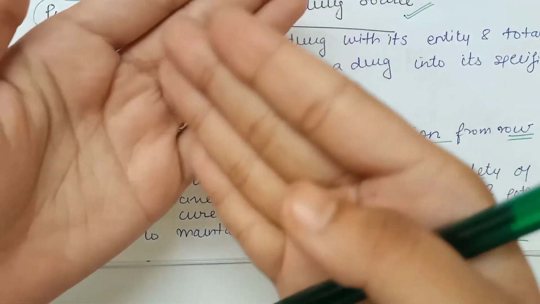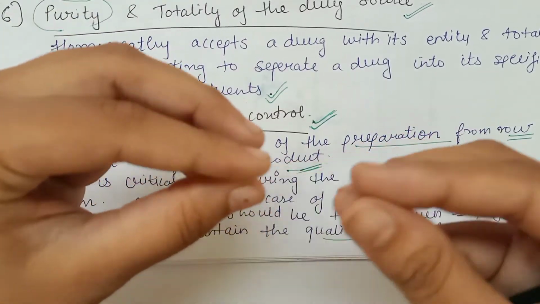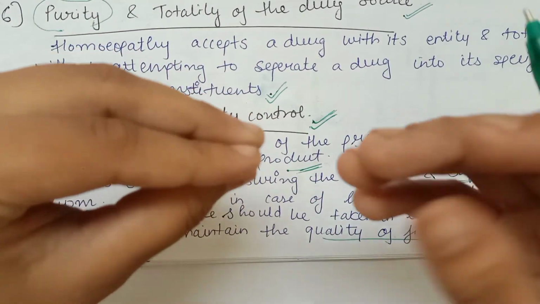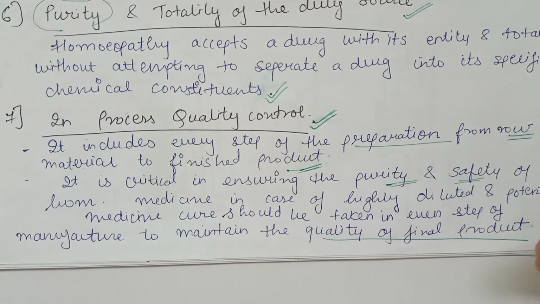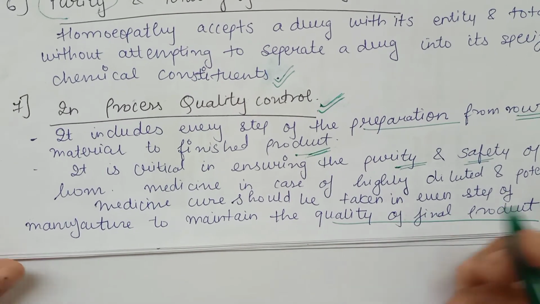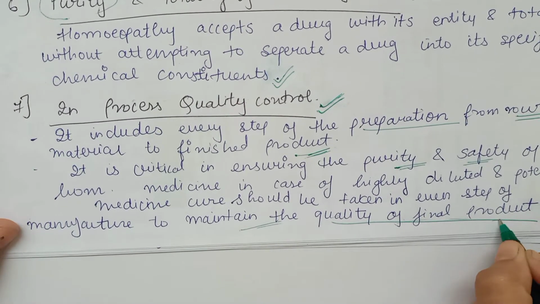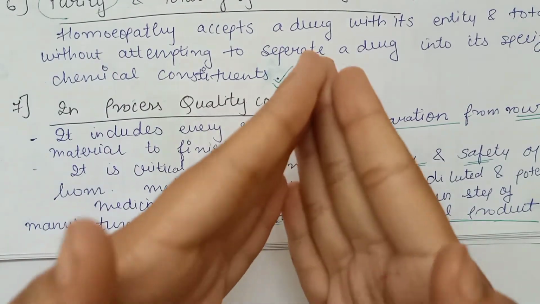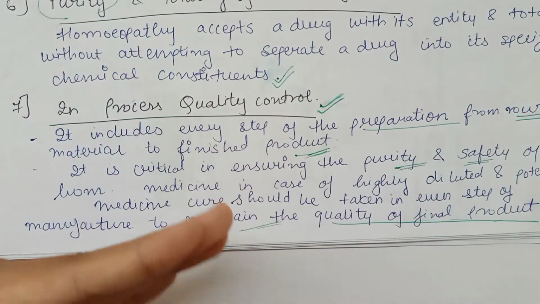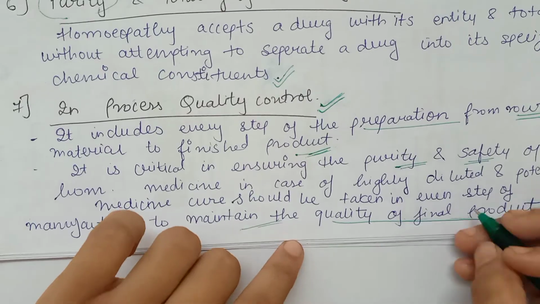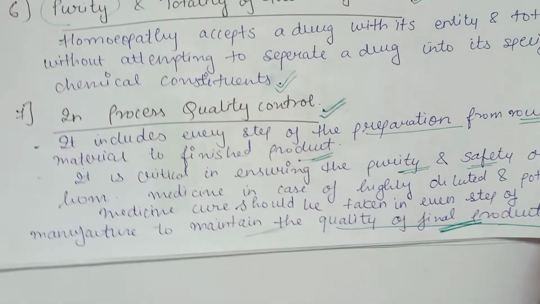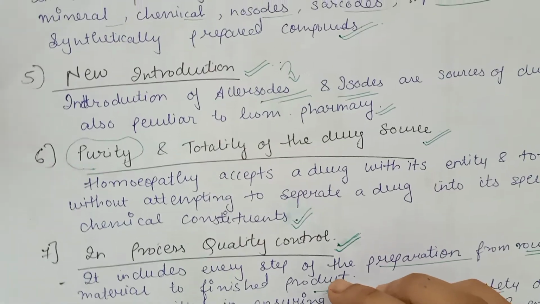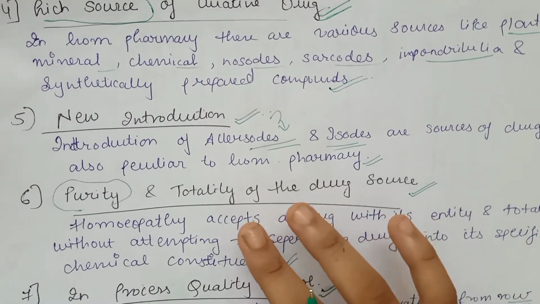जो हम dilute कर करके एकदम छोटे form में आ जाता है, जो सबसे most diluted रहता है, it has more power to cure. So in every drug we see the safety and purity of the drug, so that we maintain the quality of the final product. In each step we see the control, we see the quality, so that the final product is well manufactured. Okay, so these were the 7 points of homeopathic pharmacy की speciality.